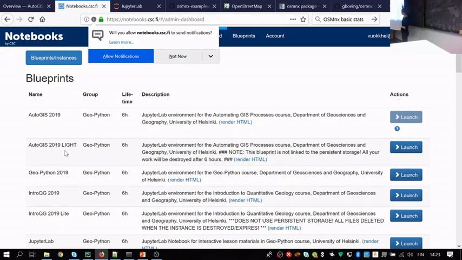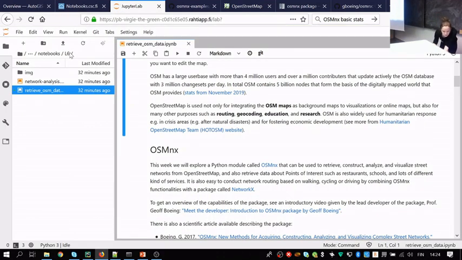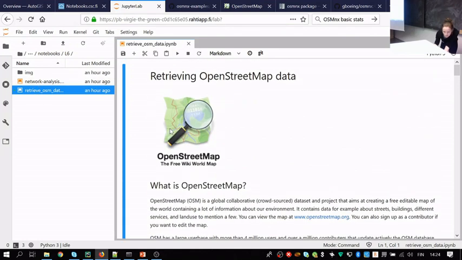Unfortunately this has not been working as well as we were hoping, but at least today it seemed to launch without any problems. A reminder: don't leave anything hanging in there. Always push your latest notebooks online after you stop working each time. And of course, some of you have started to work on your own computers, which is nice. In the environment, under notebooks, lesson 3, we'll start with this retrieve OpenStreetMap data